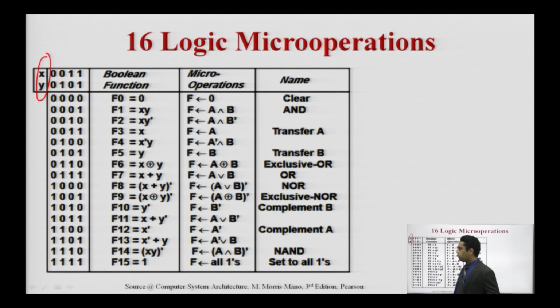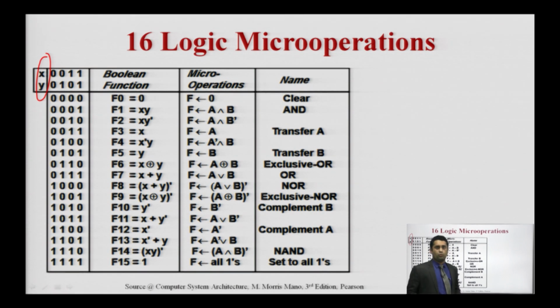So, these are the representation of the functions from F0 to F15. One by one we will see these operations. All these operations are mentioned there, and some of the operations are the combinations of the basic ones. Like if I am talking about the first one, F0 is basically used to clear some content.